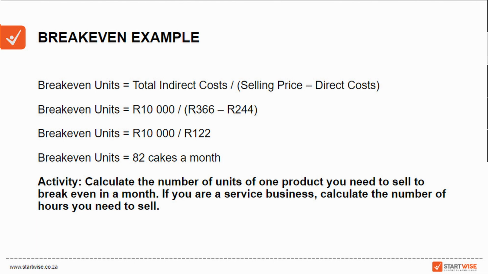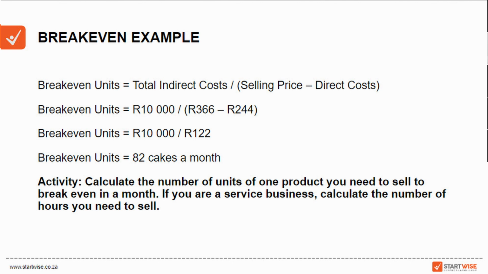Or on the direct cost side, you could go and see, well, is there anything I can do about my supplier prices? Is there anywhere where I can get cheaper eggs and flour and sugar to bring the direct cost of my product down? So I've given you a few minutes here to calculate for one of your products how many break-even units you need to sell per month.